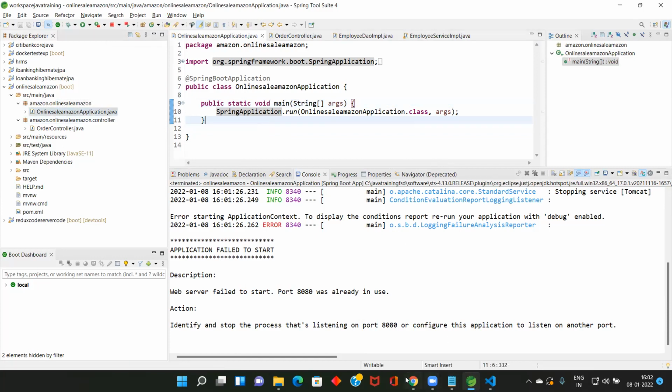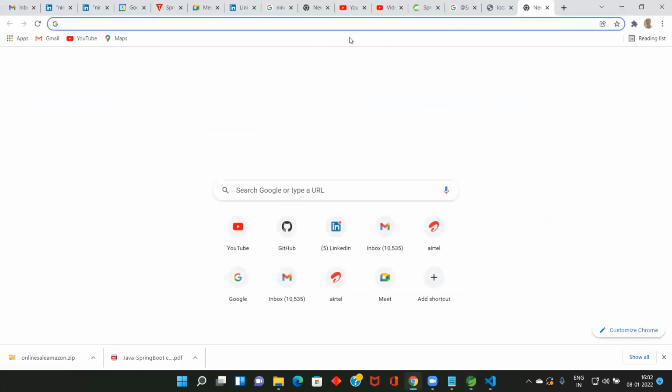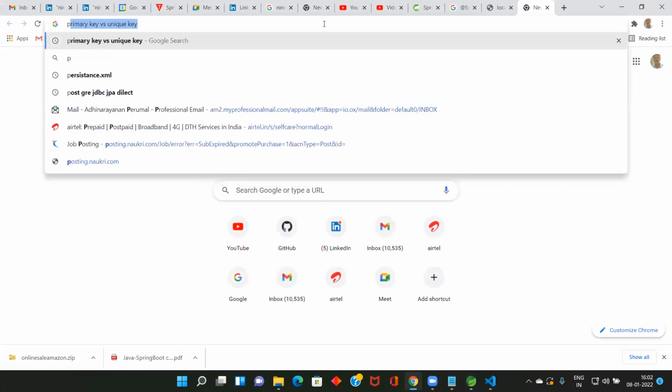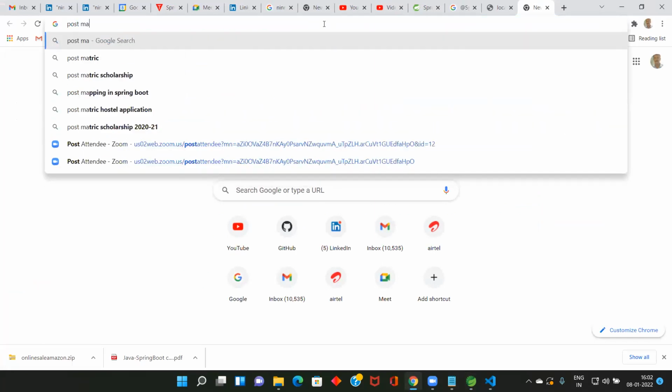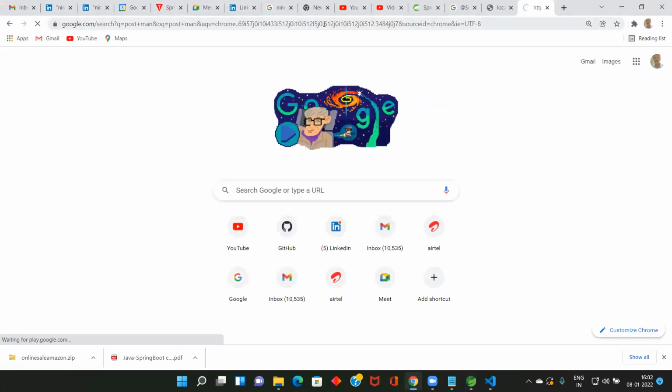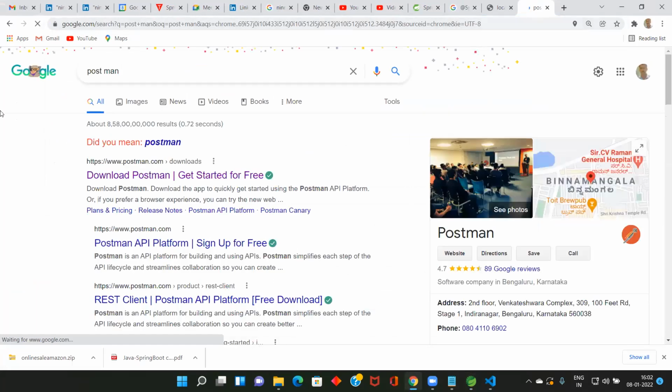Now there is a tool called Postman. Go to Google and type Postman. See here, Postman. What is the use of Workbench? Can anyone tell? We use the Workbench tool.